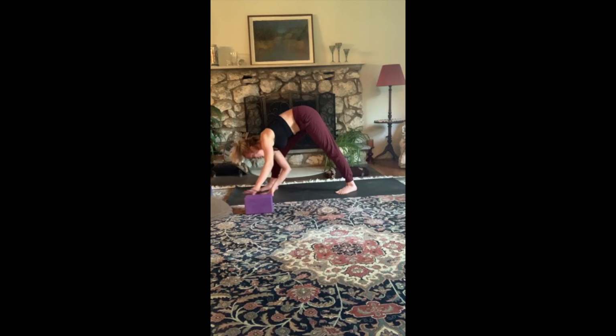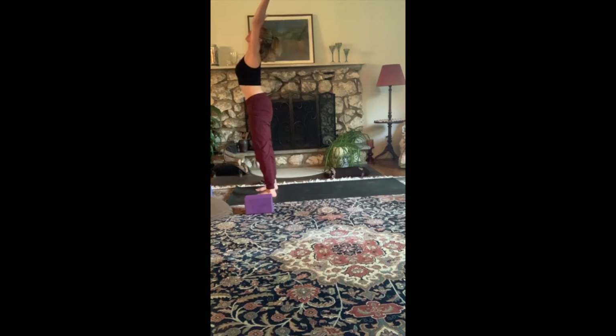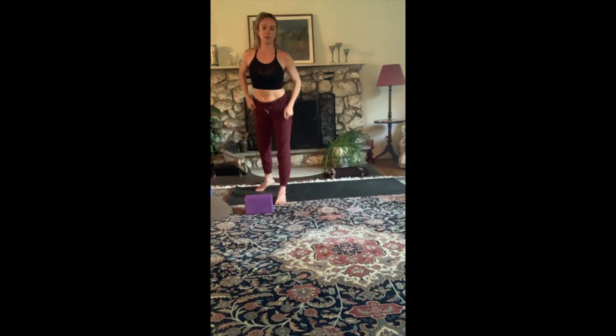Nice work. You're going to step to the top of the mat and just fold over the legs here. Flat back as you breathe in. Fold as you breathe out. Rise and reach up on the inhale. Hands by your side. Okay, so we're going to take the other side,